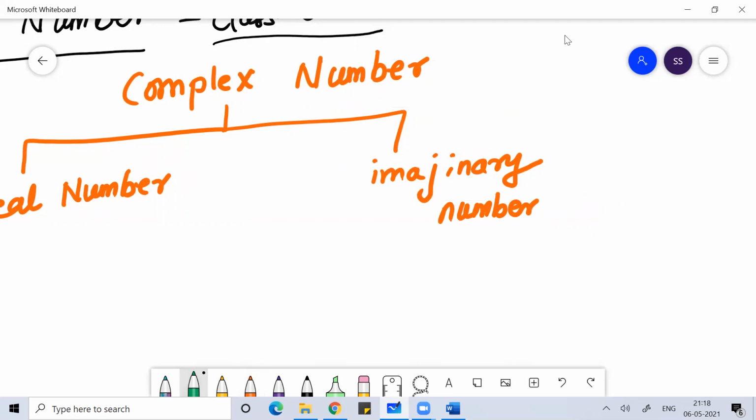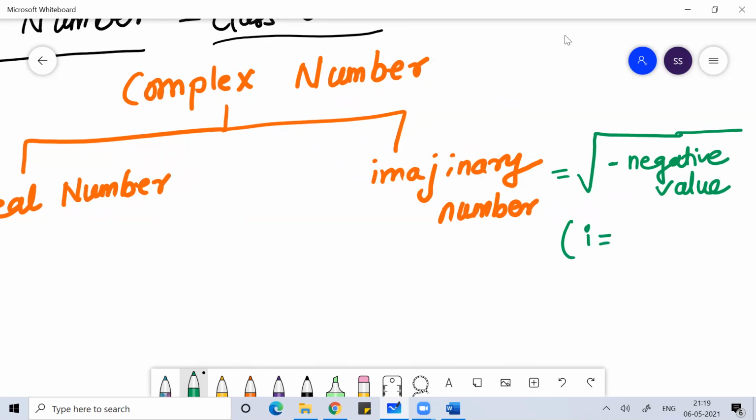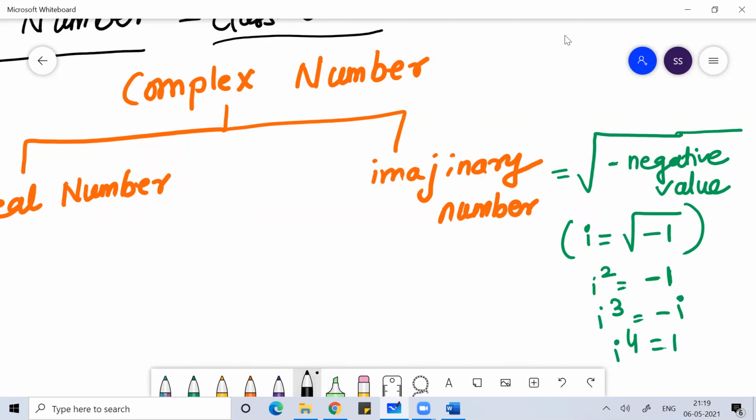So when you are trying to enter the world of imaginary numbers, you are getting a negative value inside the square root. If you are getting a negative value inside the square root, then you are entering into the world of imaginary numbers, where the most simplified imaginary number is i, where i is equal to root of minus 1. Going further a little bit, if you have an idea, i square means minus 1, then i cube is minus i, and i to the power 4 is 1. If you know this much, it's well and good. I'll not discuss more detail about imaginary numbers.